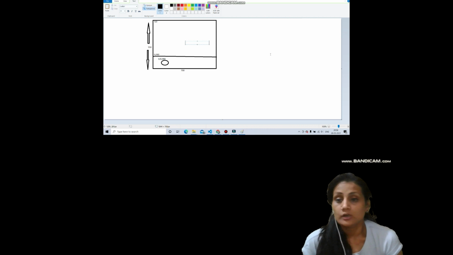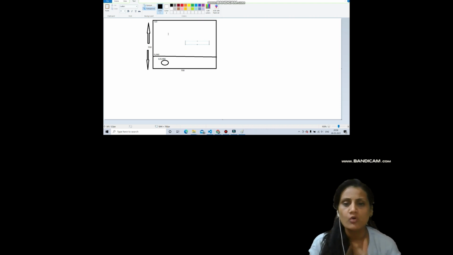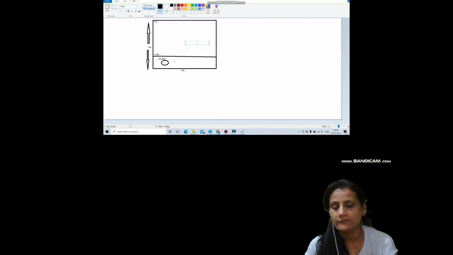Let's try to understand the coordinates. We decided the background to start from 0, 0. Similarly, there are two more objects that we have tried to bring. First is the road and second is the ball. I just want to tell you how we have decided here, length and width. So this is height and width.